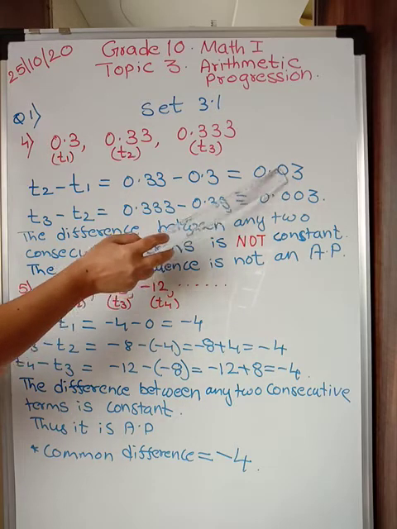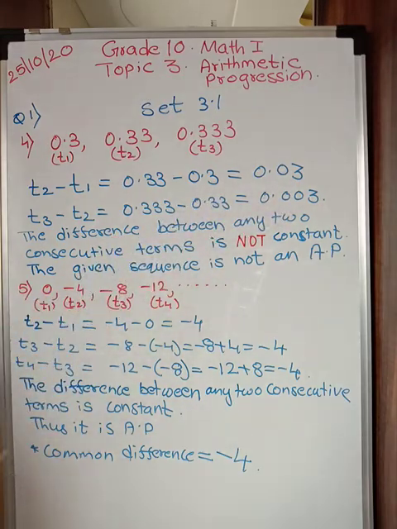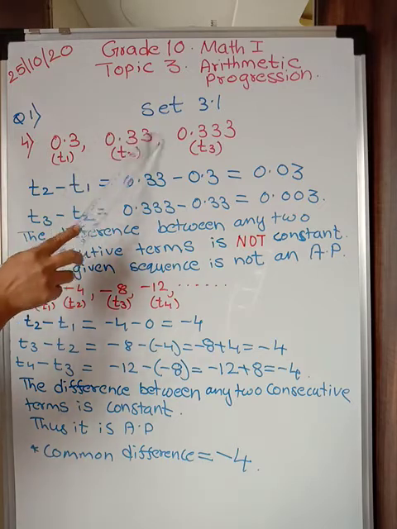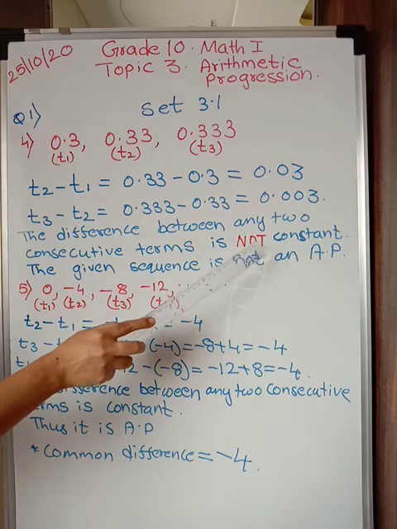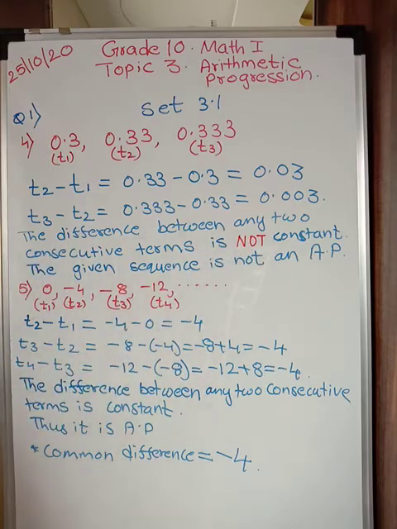Is this difference constant? No. So the difference between two consecutive terms is not constant. Not is very important. And therefore this sequence which is given, this is a sequence no doubt, but it is not an arithmetic progression because the difference is not constant. And therefore the question of finding the common difference doesn't arise. The difference is not at all common. Alright, it is not constant. Let's go to the fifth question.